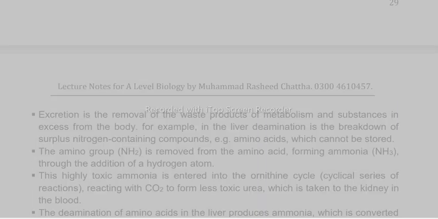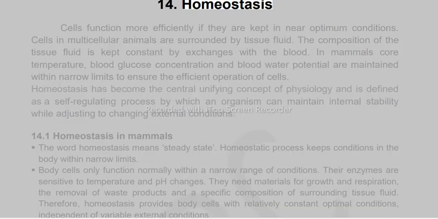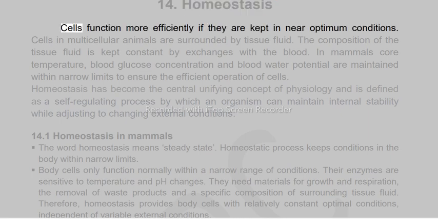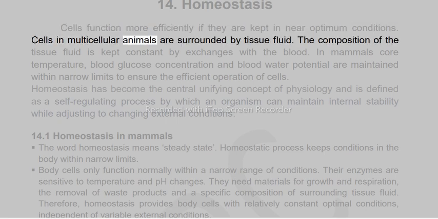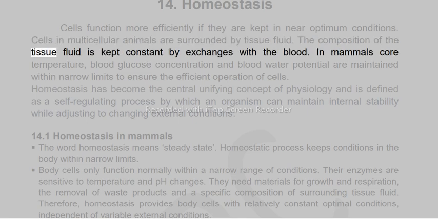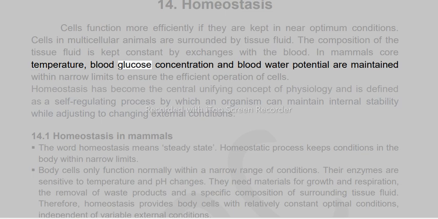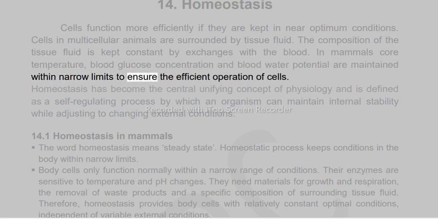29. 14. Homeostasis. Cells function more efficiently if they are kept in near-optimum conditions. Cells in multicellular animals are surrounded by tissue fluid. The composition of the tissue fluid is kept constant by exchanges with the blood. In mammals, core temperature, blood glucose concentration and blood water potential are maintained within narrow limits to ensure the efficient